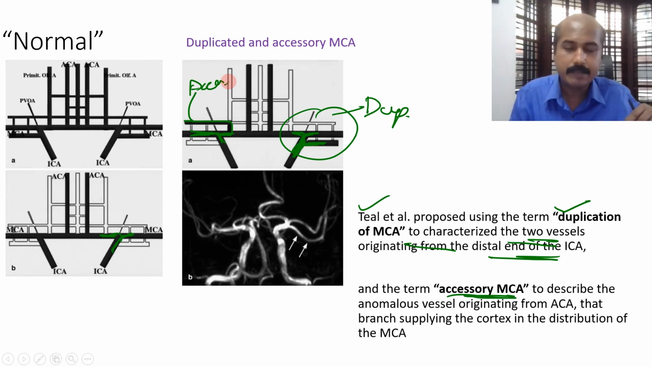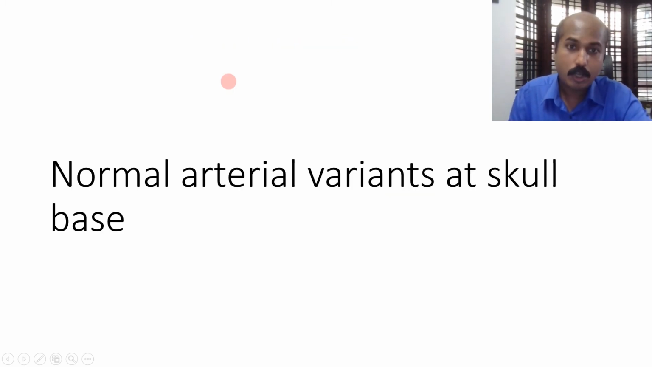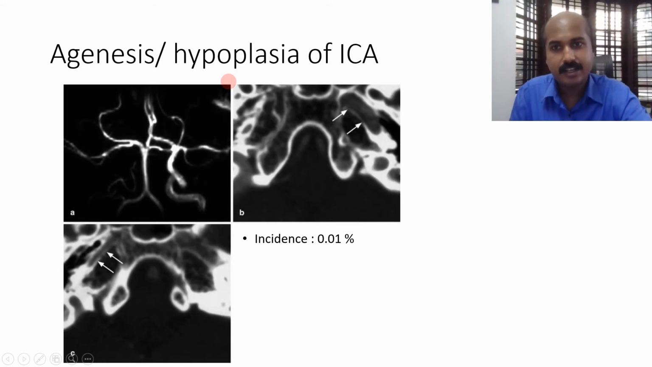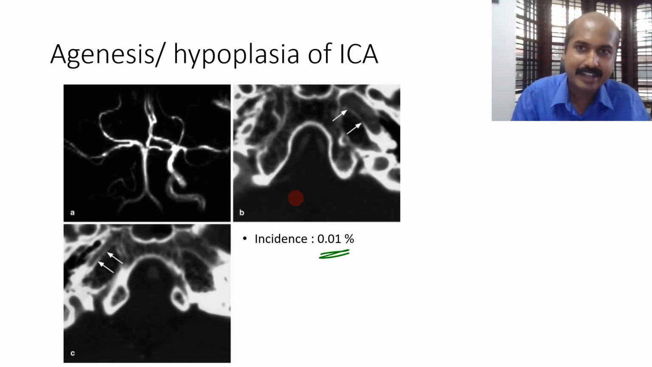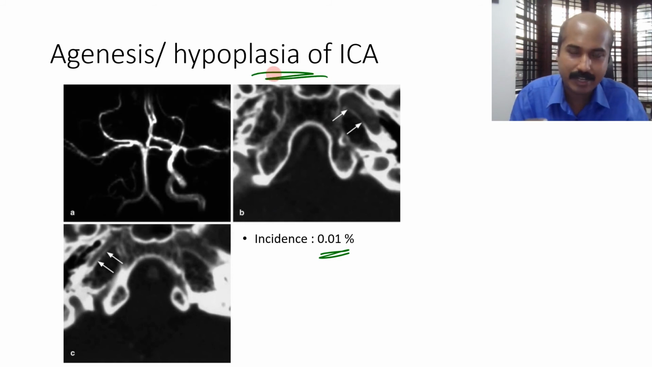The duplicated MCA may be supplying the anterior temporal lobe. So that is why these all are important. Now, normal arterial variants can also be seen in the skull base. Of prime importance, there is a very rare incidence of something called a hypoplasia or agenesis